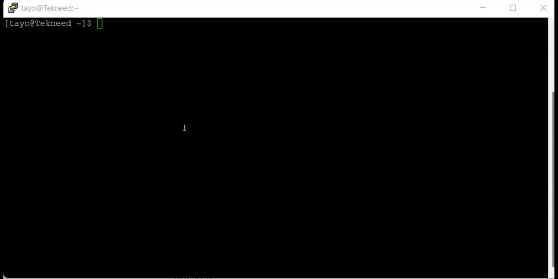So I have logged in as the user Tayo and I'm going to be generating the SSH keys for this user. To generate the SSH key pair, you need to use a key generator. We can use the ssh-keygen tool or we can use the PuTTYgen tool, whichever one you want to use. But in my case, I'm going to be using the ssh-keygen tool. So for me to do that, I'm just going to say ssh-keygen,